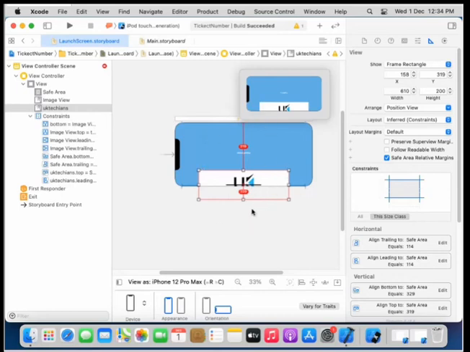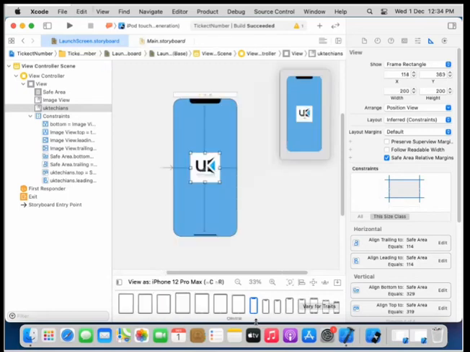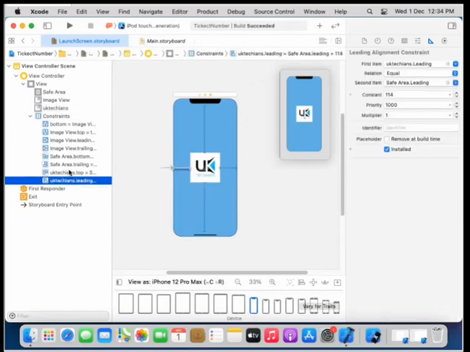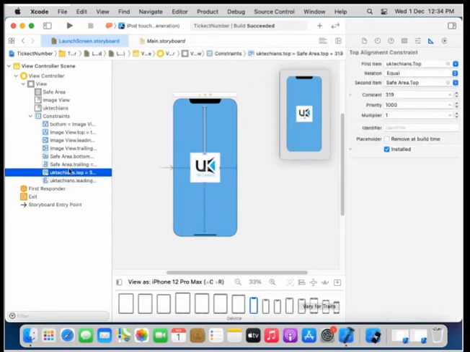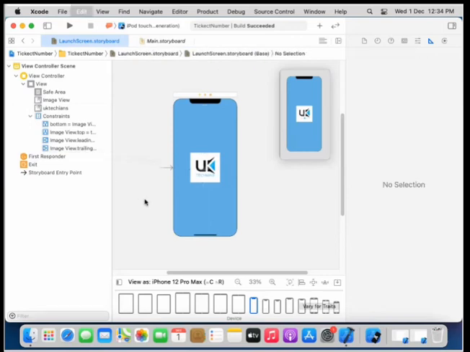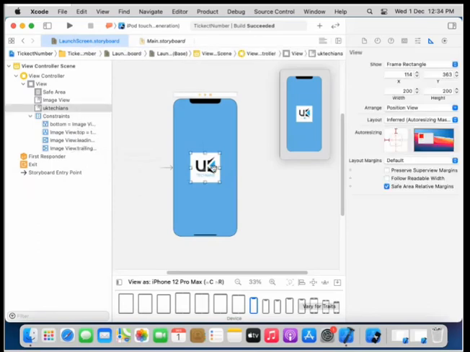So what we have to do is just undo by pressing Ctrl Z, and after that the constraint will automatically be deleted from this panel. Let me just undo again, and now it shows that all the constraints of this image are deleted, right?